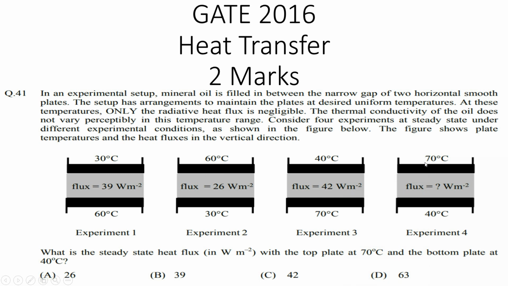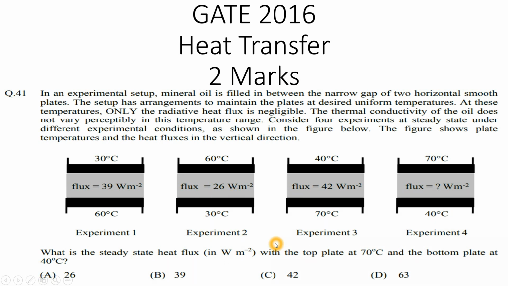Similarly here, it is at 70 degrees centigrade and the other is at 40 degrees centigrade. You can see here it is at higher temperature, so convection will be missing and there is only conduction. So it will make 26 watt per meter square only, since the temperature difference is the same, and in conduction if the temperature difference is the same, then we can consider the heat transfer coefficient to be similar to this, right? So here only 26 watt per meter square.